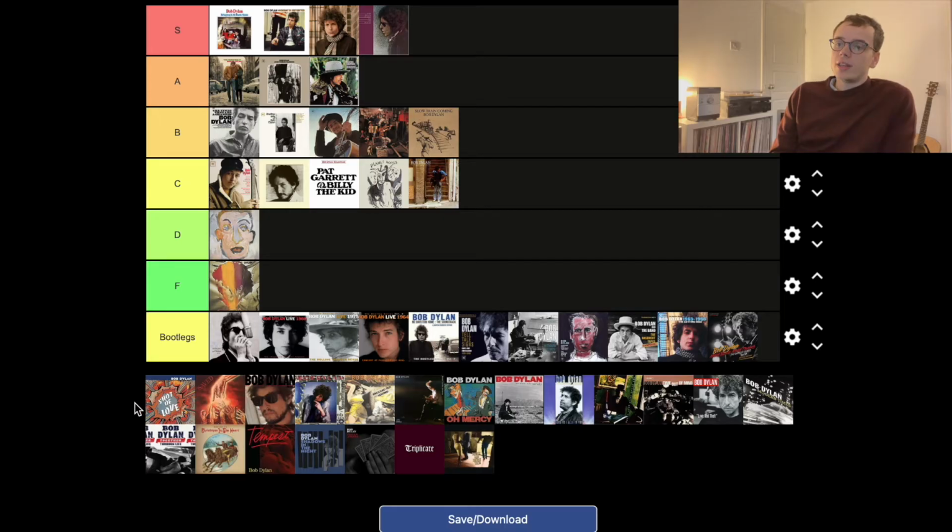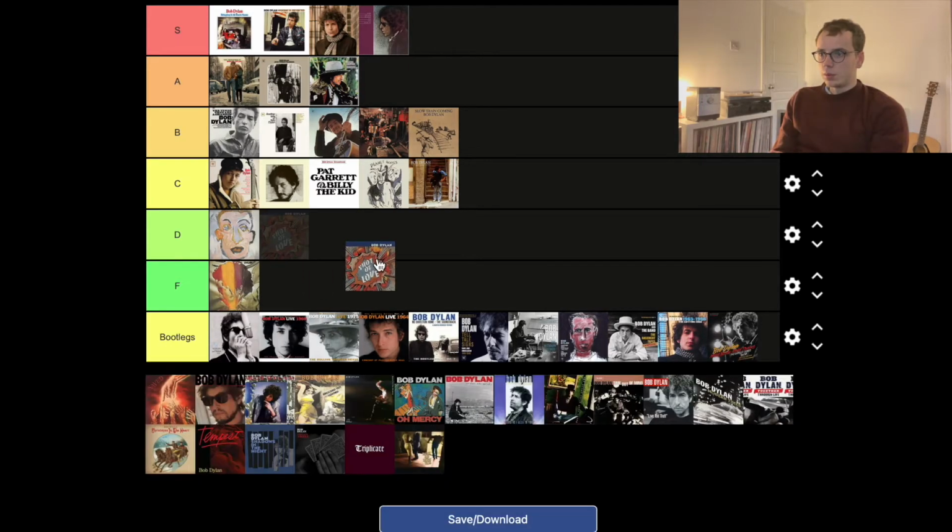Shot of Love, which I think Dylan described as one of his best albums or something. I know he's prone to saying things that are controversial, to say the least, but I think there's something to what he says, because there is certainly something about Shot of Love which is great. I think it could have been so much better had he rearranged some of the tracks and maybe put a couple of different songs in there. But it has got some good moments, so I'm going to put it in the C tier. It's a good album.